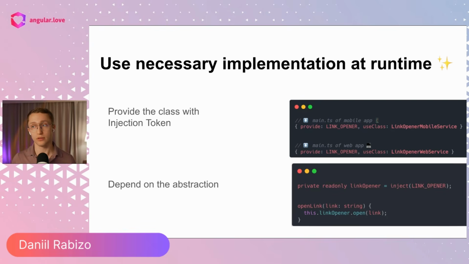injection token. And injection token is, in my opinion, a feature that makes Angular stand out from all other frameworks because it lets you create really flexible constructions. And in your shared features, in your existing code, it's sufficient to just depend on the abstract interface, on the abstract logic. And there is no need to tell, do you want to open the in-app browser or something in